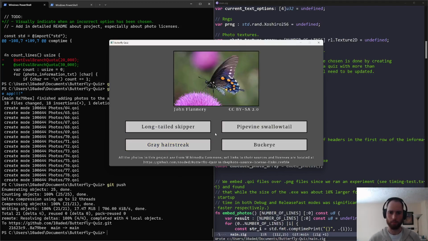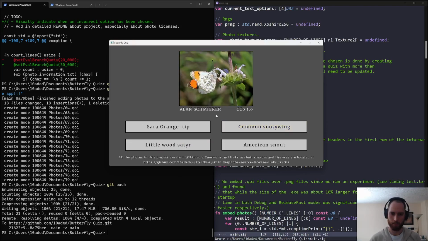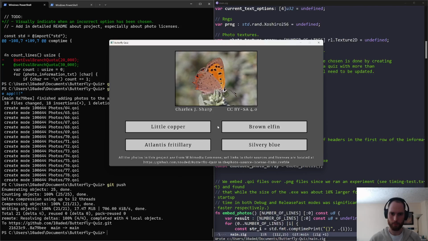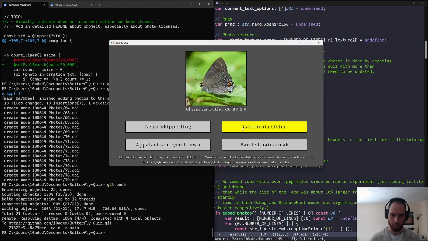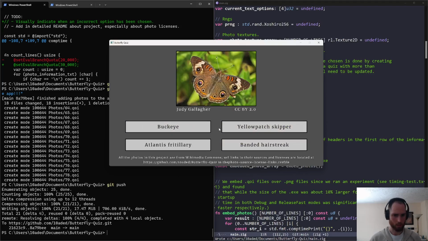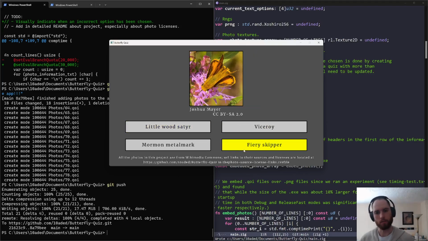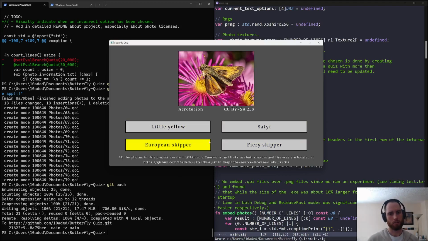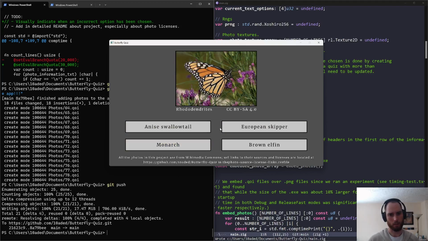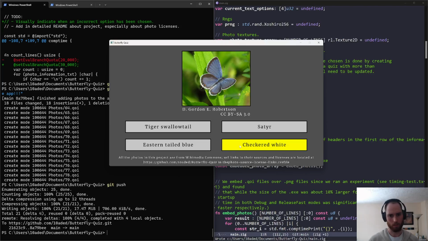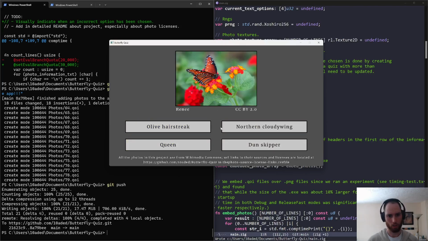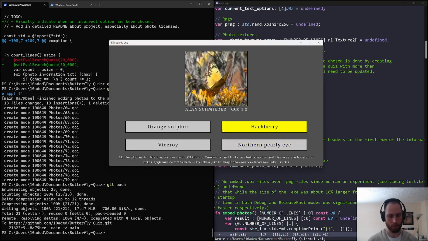No, oh, the pearl crescent. Pipevine, cider orange tip, little copper, variegated, the banded, the buckeye, fiery. This was the European skipper, monarch, checker spot, eastern tailed blue, the queen, clouded sulfur, orange sulfur,